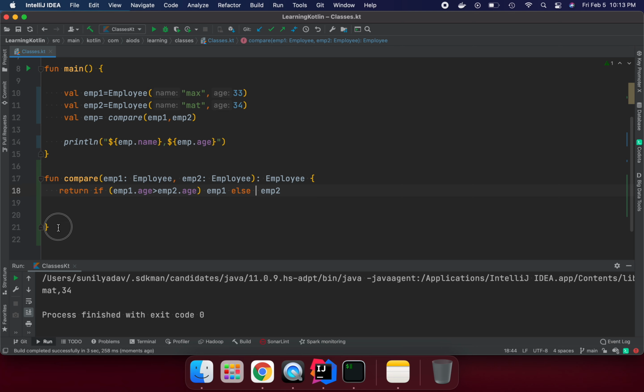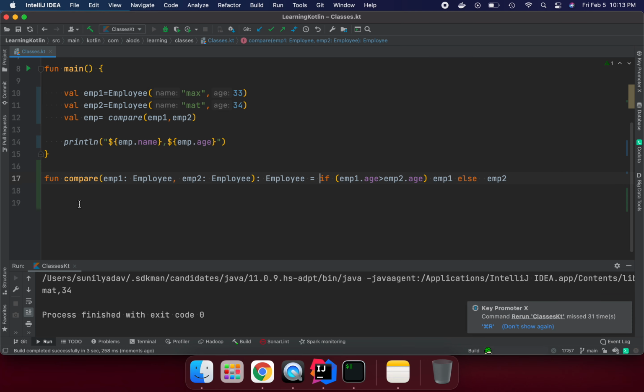If we want to go one more level, let's remove this part and this part, and we can say return this. This is also the same thing. Here I am just putting it in one single line. The if keyword as an expression is working perfectly fine.